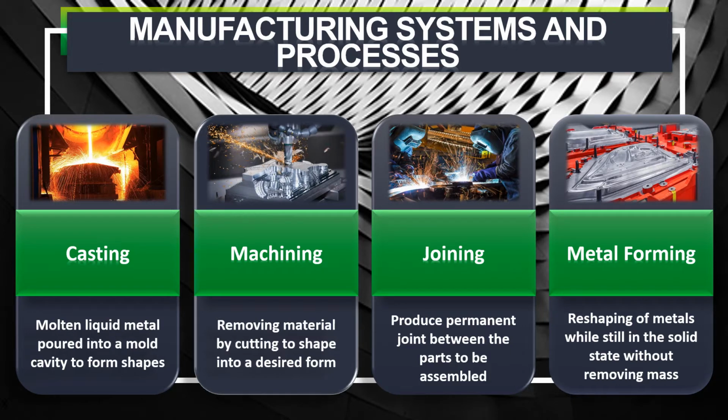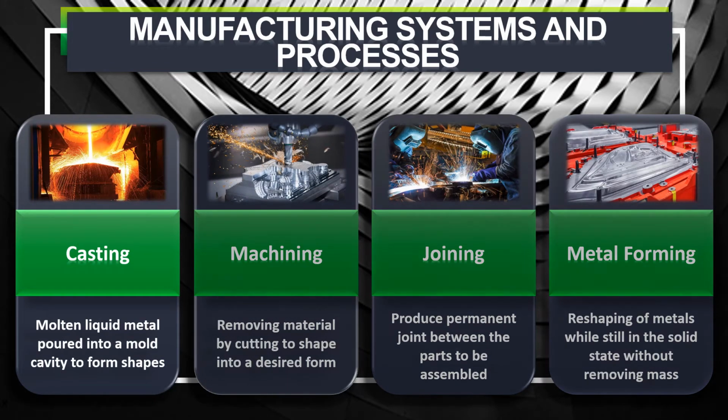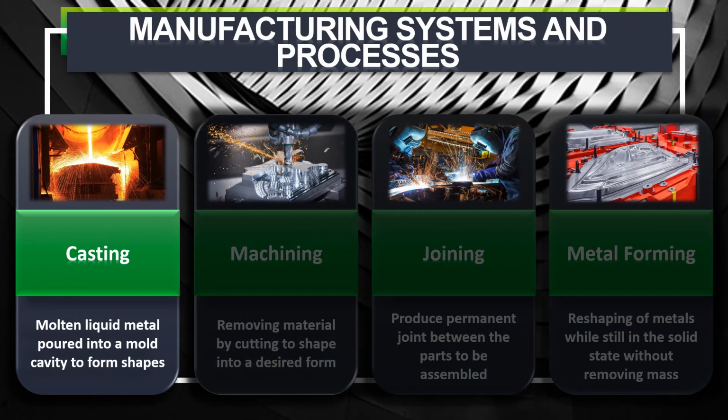A few topics that will be covered are casting, machining, joining, and metal forming. Let's look deeper into the metal casting process, which involves creating a finished form by pouring molten metal into a mold cavity. It may sound simple if you're creating parts with very little detail and are to be finished later with another process, but let's look into how high-tech automakers are taking casting to new levels for the development of